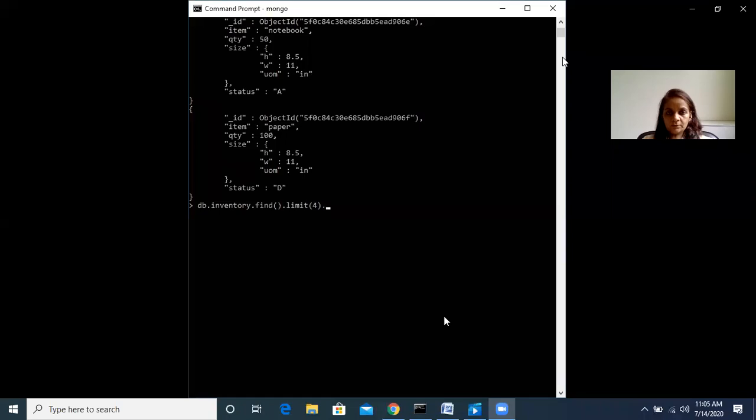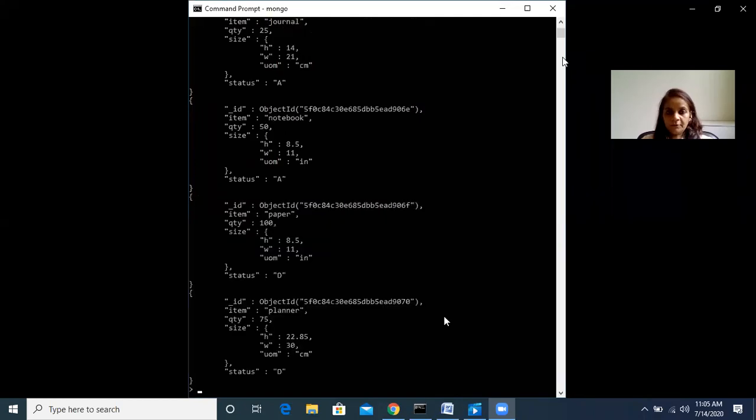Now limit to 4 and apply sorting also. Now it will firstly sort the records and will retrieve or display the first 4 documents.